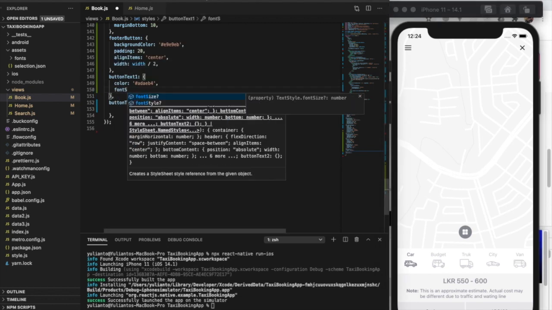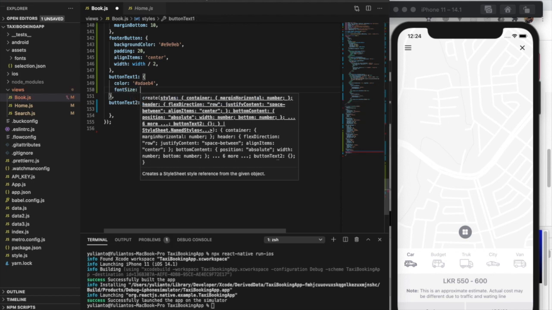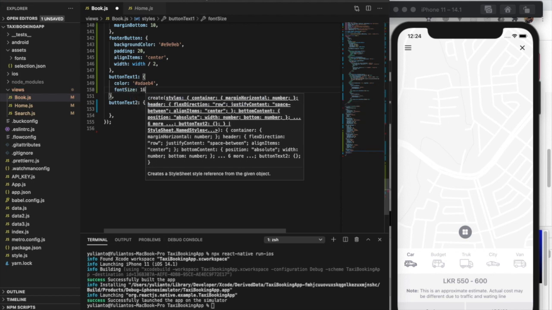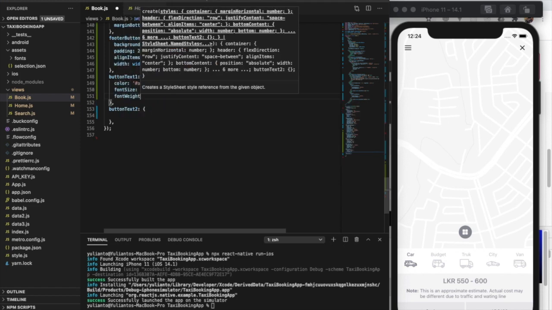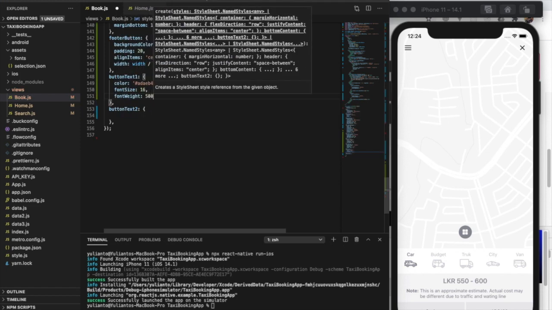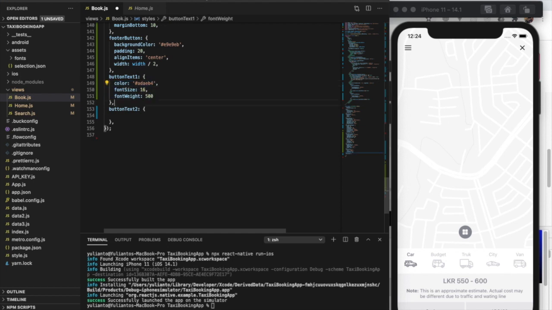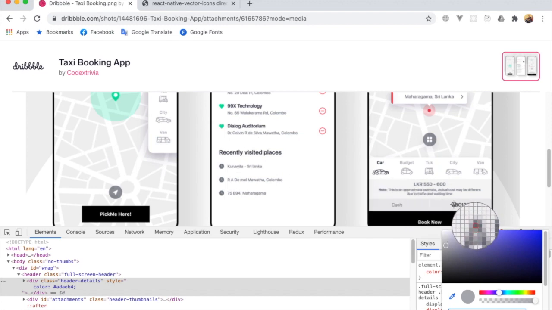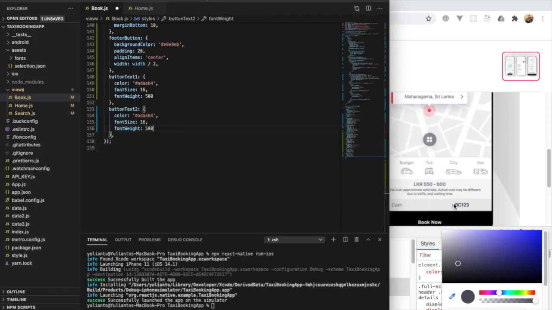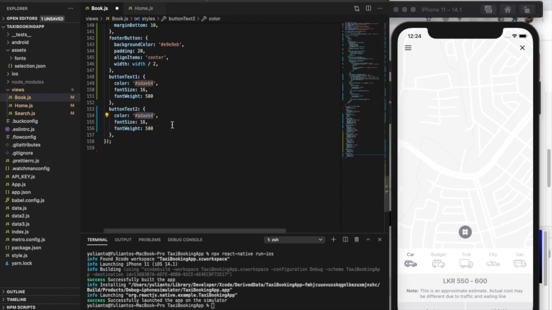And font size will be 16, and the font weight 500. And for button text 2, we'll have a color dark gray, and the font weight will be 600. Okay,